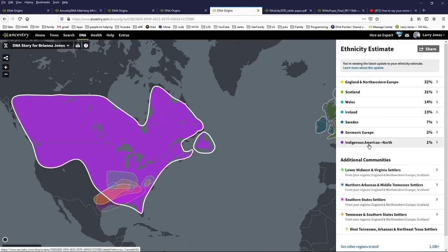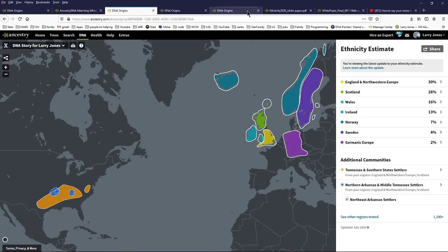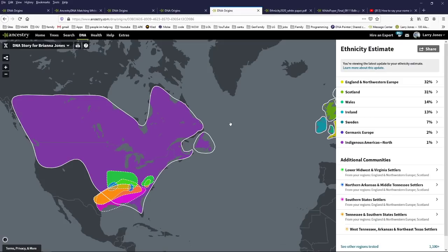Now, here's what's interesting. You see my daughter has Indigenous Americas North, and my wife doesn't show that. I don't show that. So why is that? Well, the truth of the matter is I have Native American ancestry, but it is a few generations back. My wife has Native American ancestry a few generations back. So we come in at under 1%. I tested at under 1%. My wife tested at under 1%. But when you added those together and divided by 2 roughly, it became 1% for my daughter